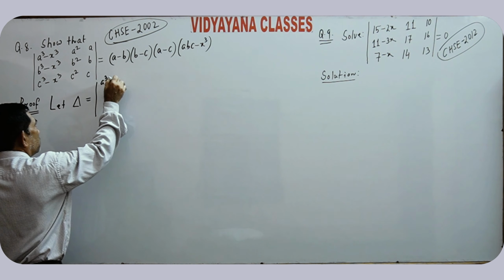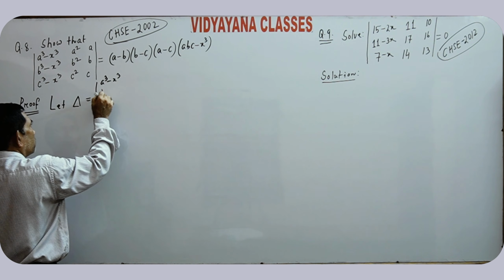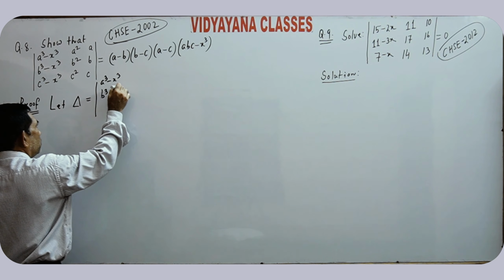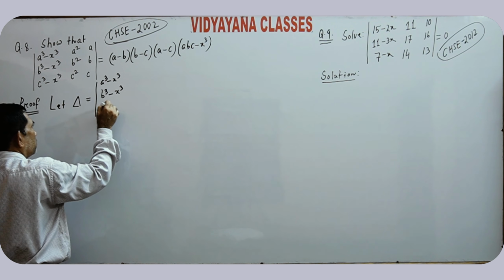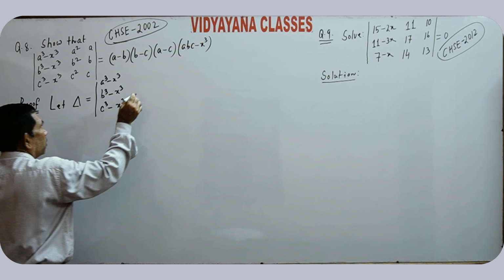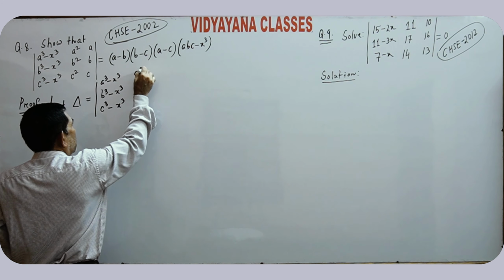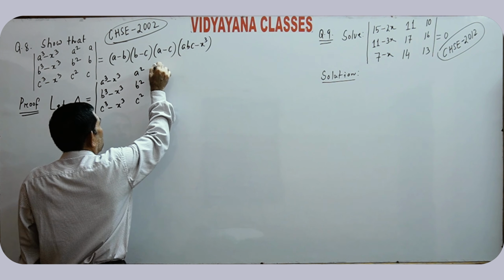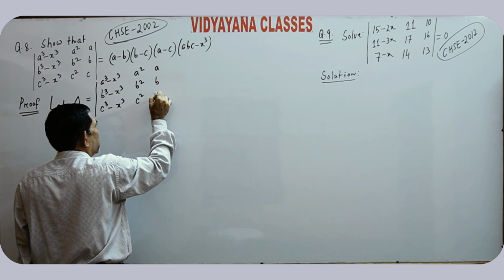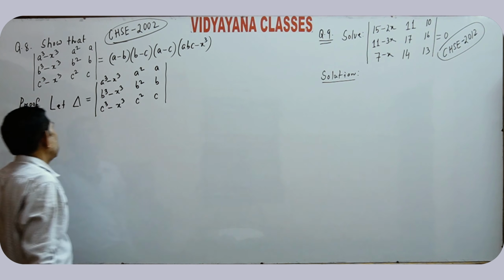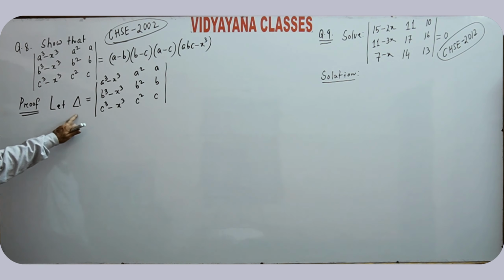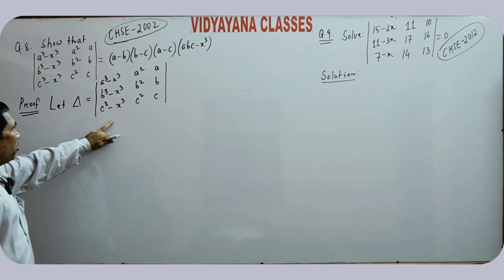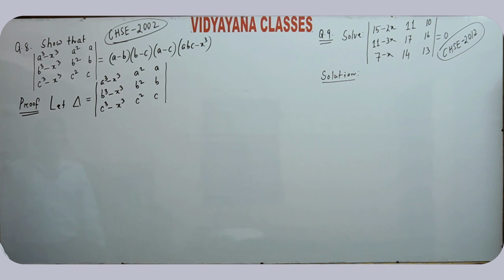AQ minus SQ, BQ minus SQ, CQ minus SQ. A square, B square, C square. ABC. Let del be the given determinant. Using the sum property, del can be written as